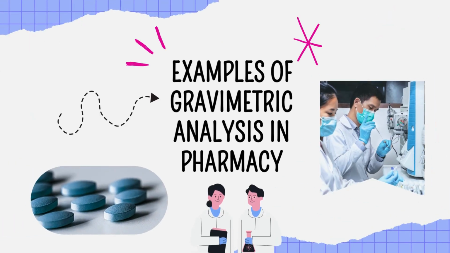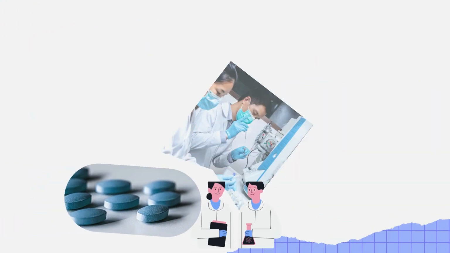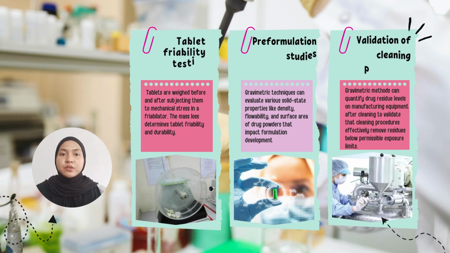Examples of gravimetric analysis in pharmacy. For example 1, tablet friability testing. Tablets are weighed before and after subjecting them to mechanical stress in a friabilator. The mass loss determines tablet friability and durability. Second,